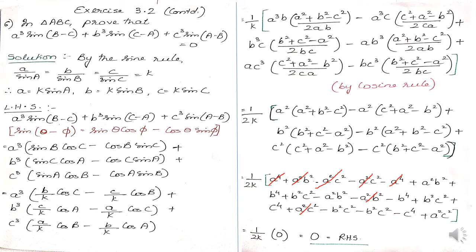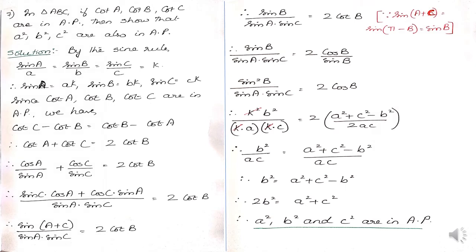So we see that all the terms have equal and opposite terms in the bracket, as you can see me cancelling. And thus all these terms go away, and as a result we get 0, which is equal to the RHS. So let me cancel out all these terms. And the last one, that is b square c square and minus b square c square. Thus 1 upon 2k into 0 gives us 0, which is equal to the RHS. In triangle ABC, this important sum is proved.